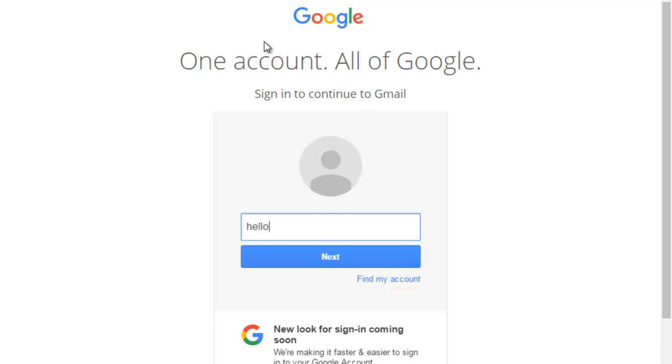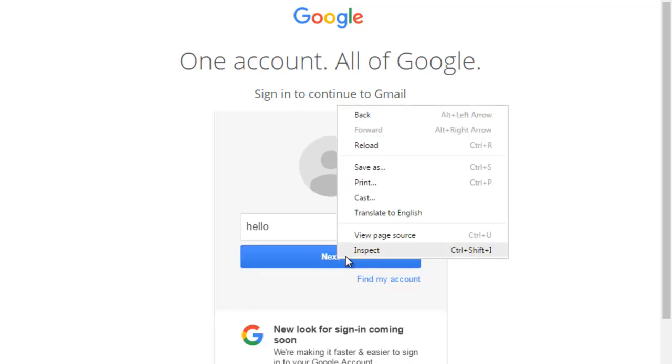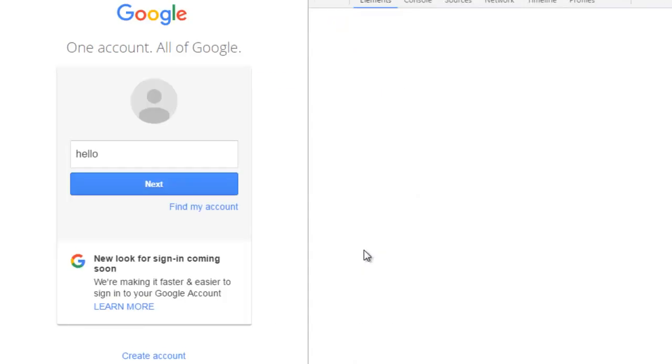If you want to analyze the page source on Chrome as well, you can do it. You can right click on the element. For example, I want to analyze this next button. Then I will right click on this next button and select inspect. When I select inspect, I will have this Chrome inspector opened up. It will highlight the button. It's got the ID next. It's got the name as sign in. You can also use this arrow in Chrome and move the mouse over elements to get the page source. So out here, the name of this element is sign in.